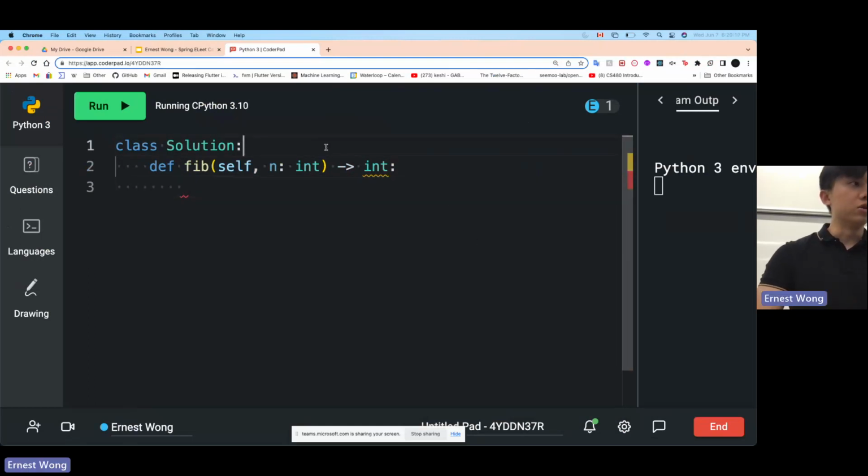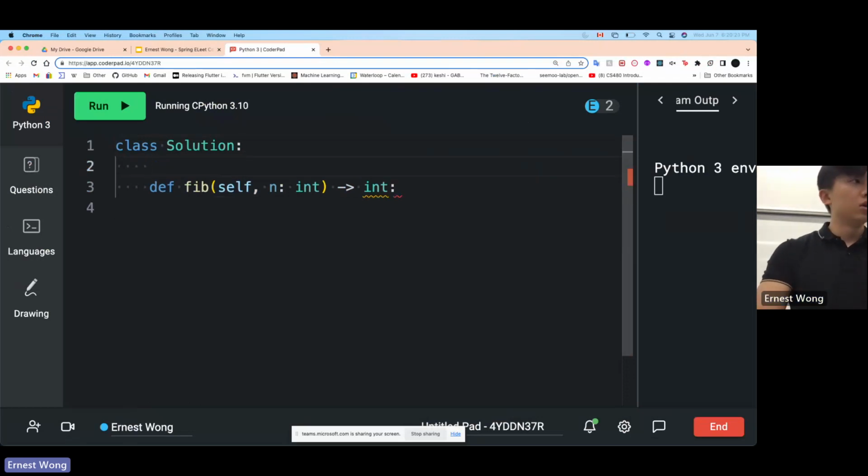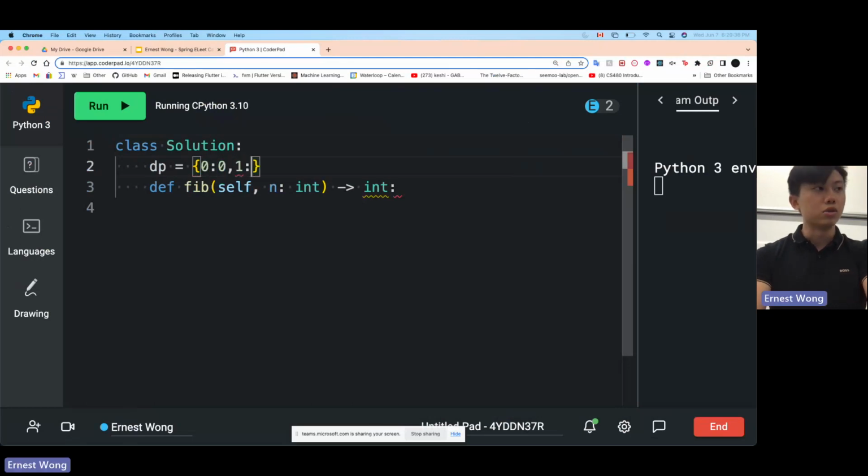So basically what we first want to do is have our base cases. In terms of the state, we can either store it in an array or in a map. For this problem, I'll just use a map. So here we'll put our base cases at the very start. 0 is going to be 0, 1 is going to be 1, 2 is going to be 1. Those are our base cases.